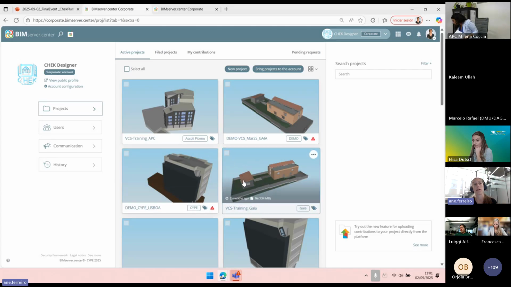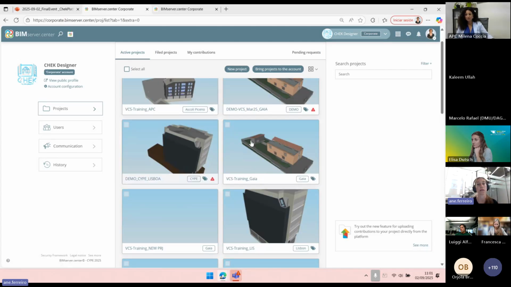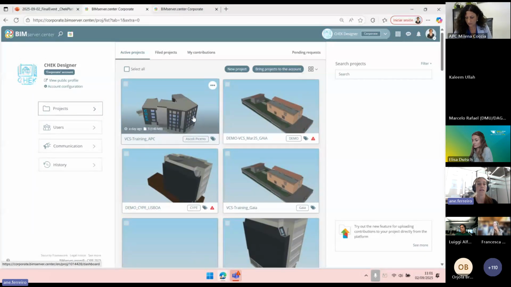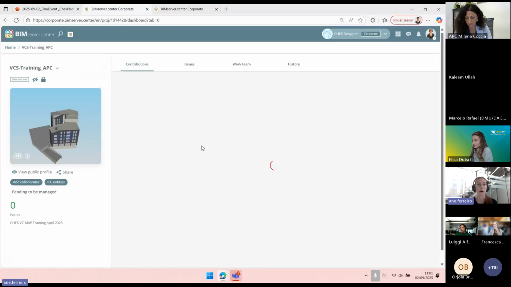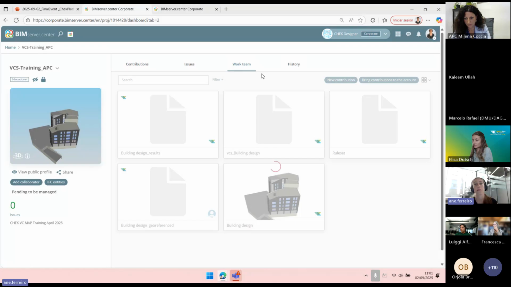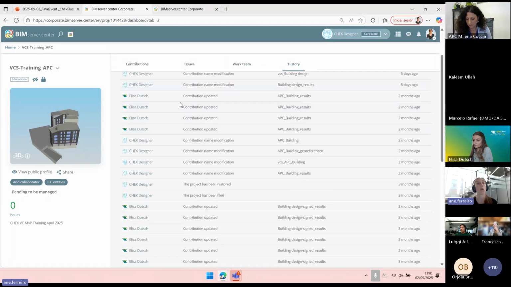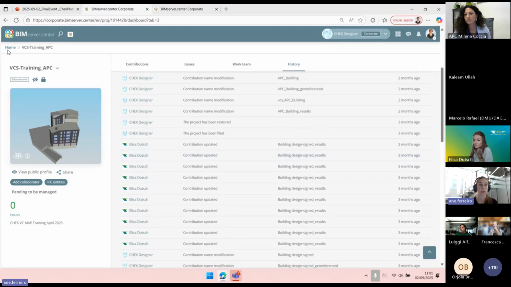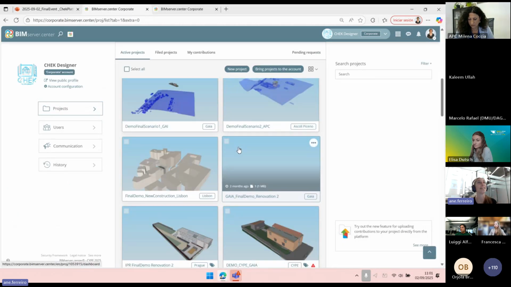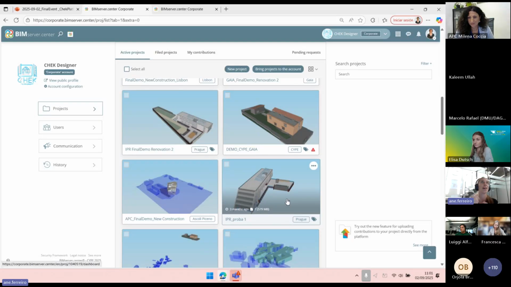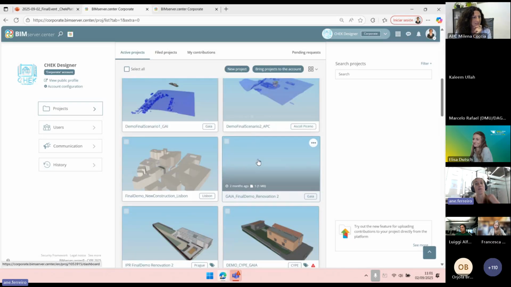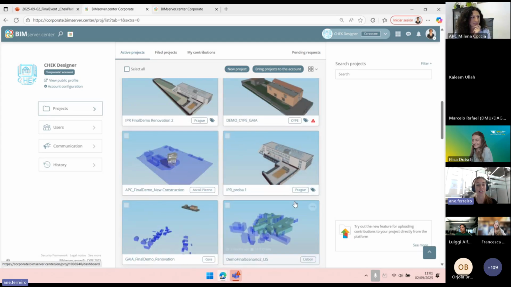If you see here an account, this is the part of the designers, and the designers part contains projects, and each of these projects contains the models, no? A series of models, also a work team, a history, issues, etc. Now, who has done what in this model? If you see the account, actually, we have a lot of projects because we had to do a lot of testing. You can see the same project repeated again and again because we did a lot of testing on these projects